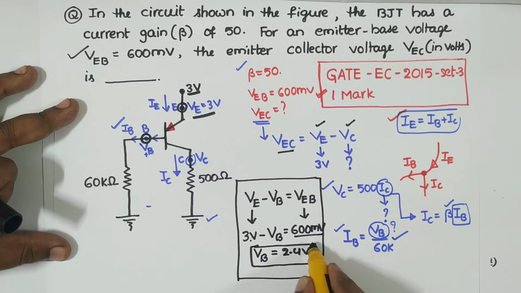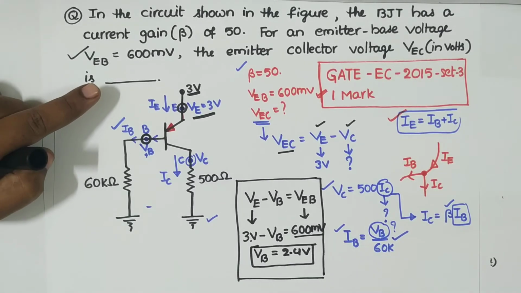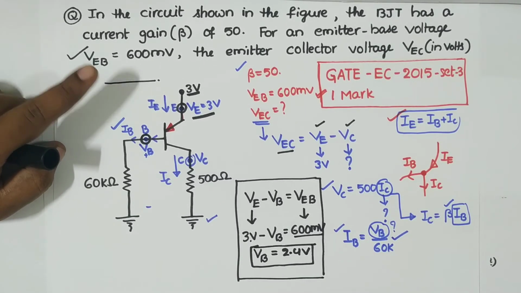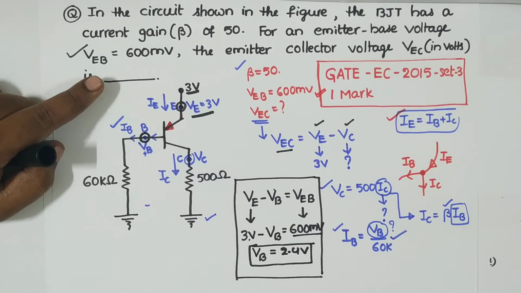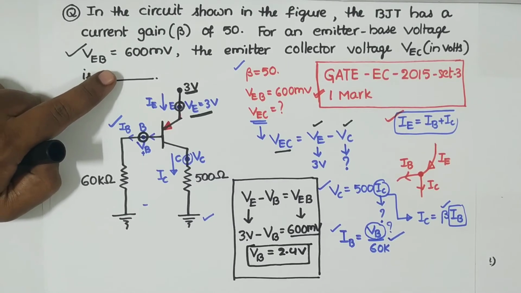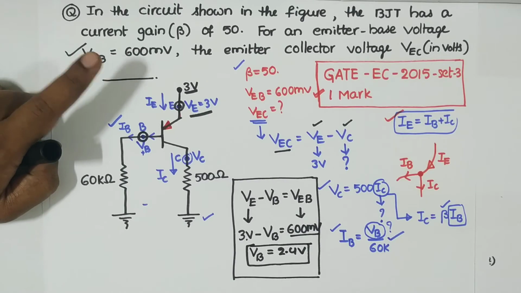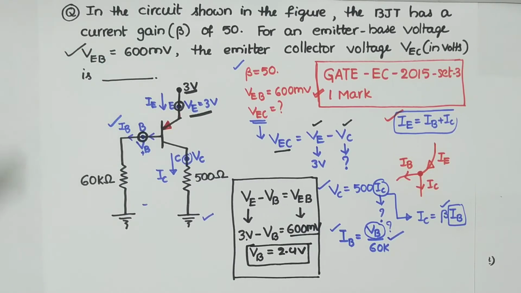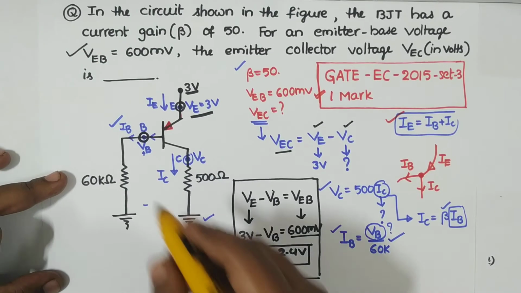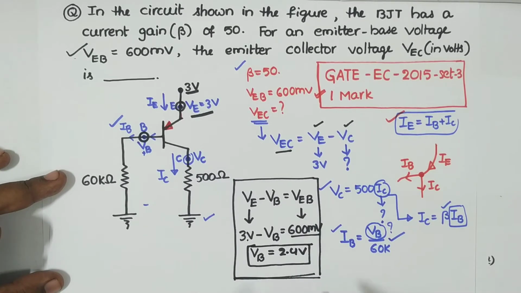You should carefully take this. This is a NAT based question. There is no negative mark for fill-in-the-blank questions. We can fill the blank only with numerical values, so this is a numerical analysis based question. Numerical answer type question is NAT.